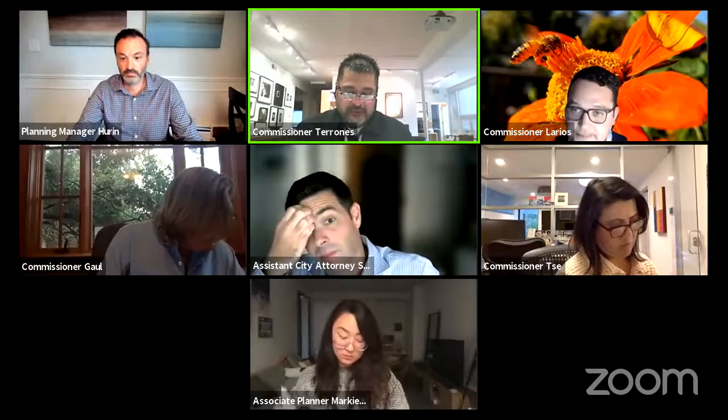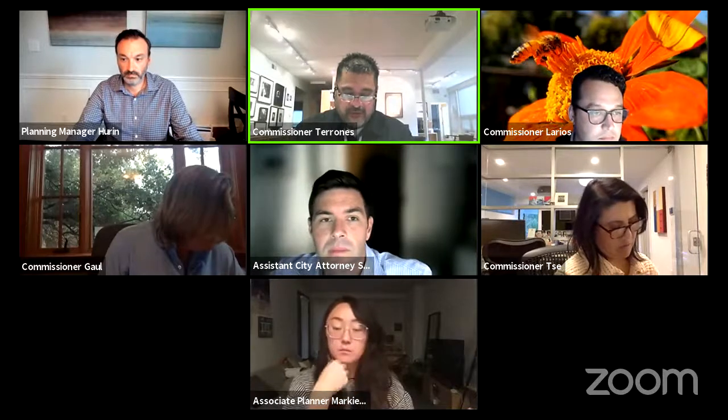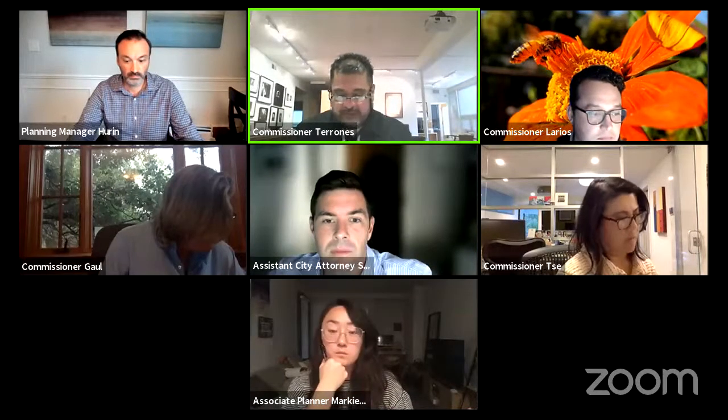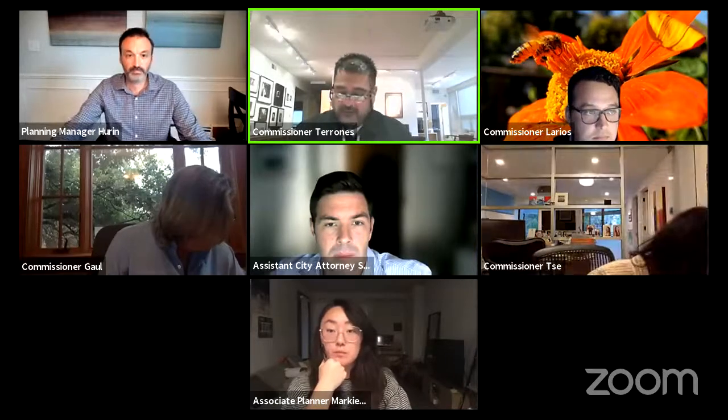I think that they've addressed the items that we asked them to look at. I appreciate the fact that on that second floor balcony, they've made it all wood and eliminated the stucco that wasn't anywhere else on the house. So I think it's a good project and should move forward. Thank you, Commissioner Terrones. Any other comments?